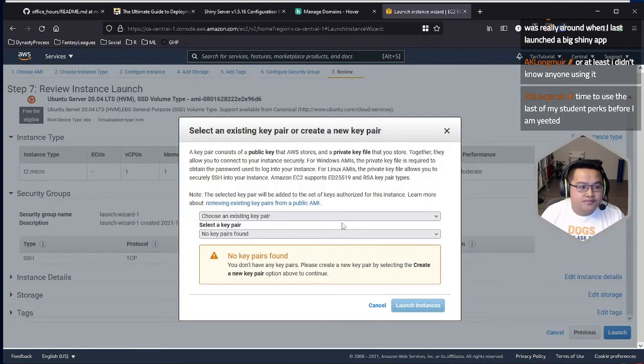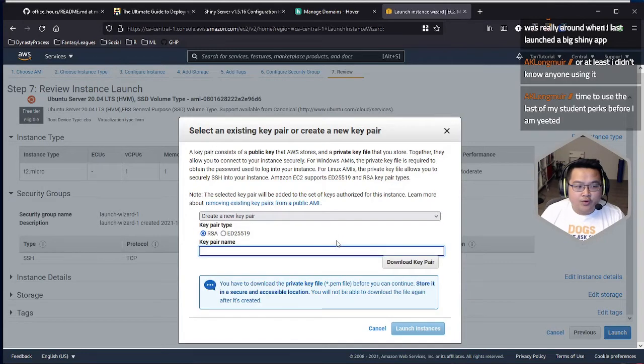Press launch. I'm going to create a new key pair. What this does is it creates an SSH key. It adds an additional layer of security, so even if you get through to the box, you need to